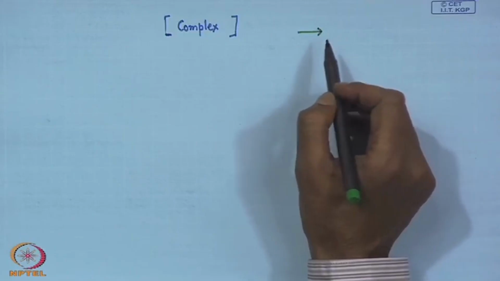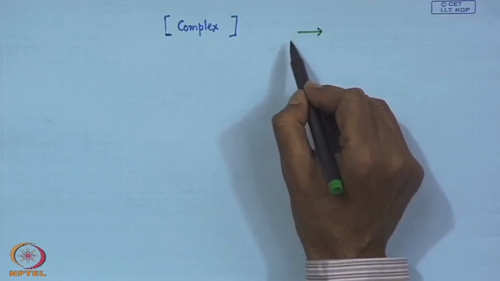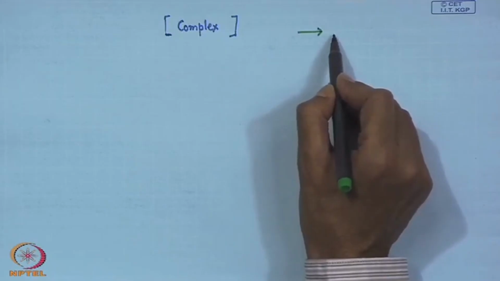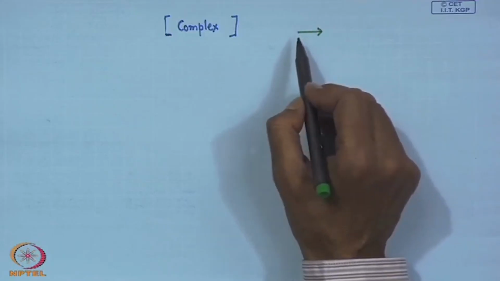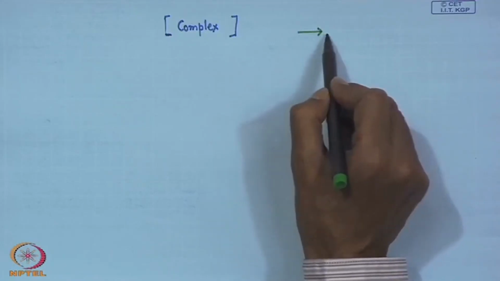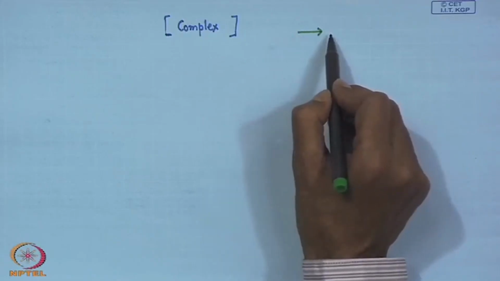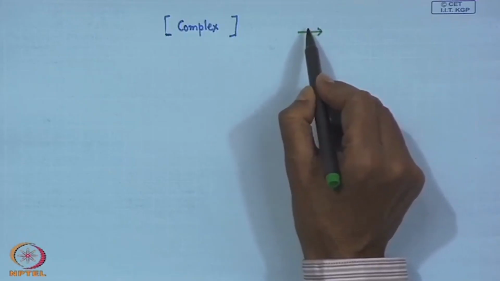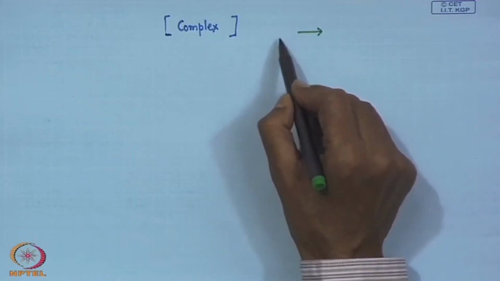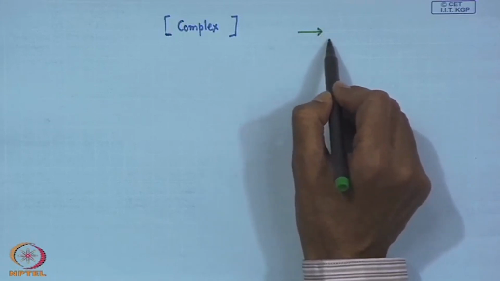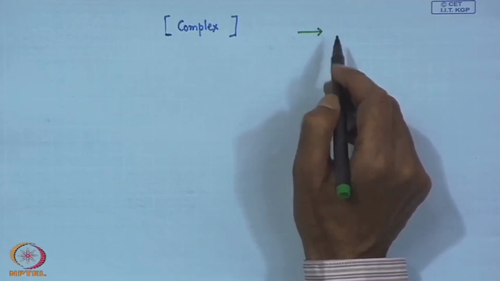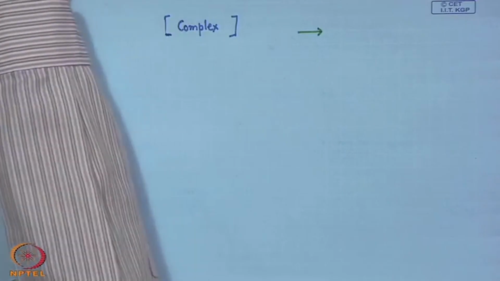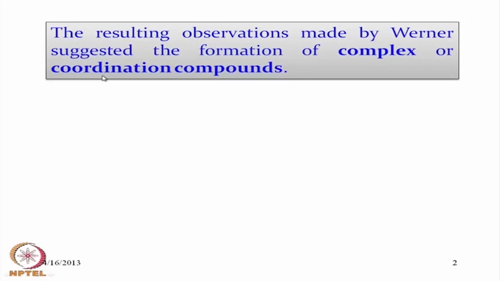By that time, we have a little bit of information in our hand about how this coordinate bond can form between two species X and Y, between the metal and the ligand, which we will define afterwards. It can form between the cobalt and the ammonia, between the iron and the water, between the nickel and the water molecule. So, we can have some connectivity between species like a metal salt as the corresponding cation and species like water or ammonia. So, we have in our hand the corresponding complex or coordination compounds,